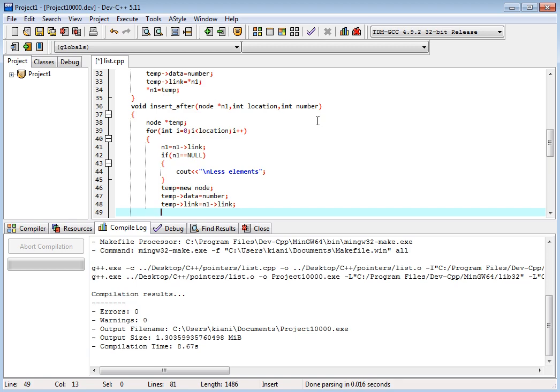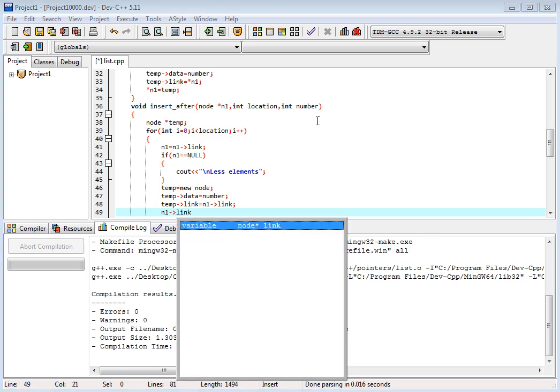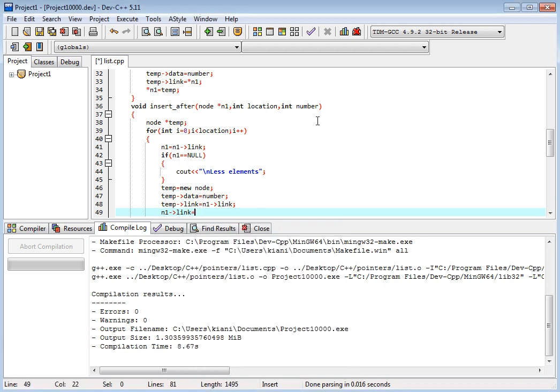So what should be the link of temp? The next, the data part. Okay, and we have n1 link is equal to temp. So the link of the data will be temp link, and we will assign it to n1 link.